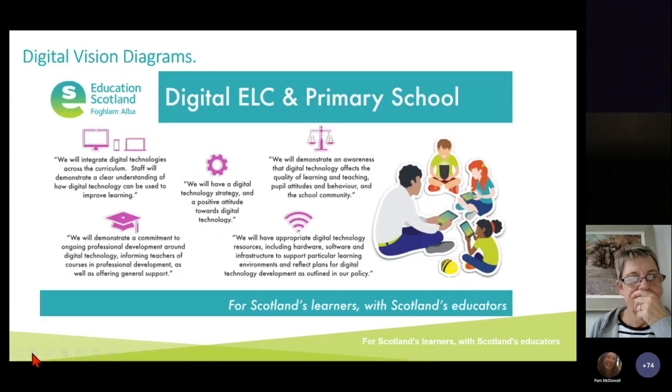I also thought it was really important to share some of our digital vision diagrams with you that are available on our DigiLearn Scot site. So again, this is really nice. It basically gives a really good, strong overview of what we would be looking for within an effective digital early learning and childcare setting. I know that I shared this recently at an Excellence in Headship, and most of the head teachers all said that they had already printed them off, downloaded them, and they were going to be using this for some professional development time. So a really great resource, again, completely available on DigiLearn Scot.